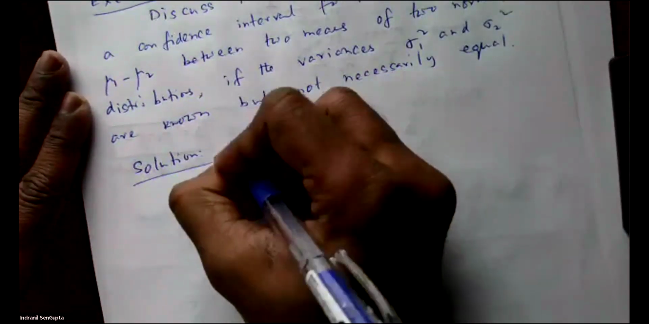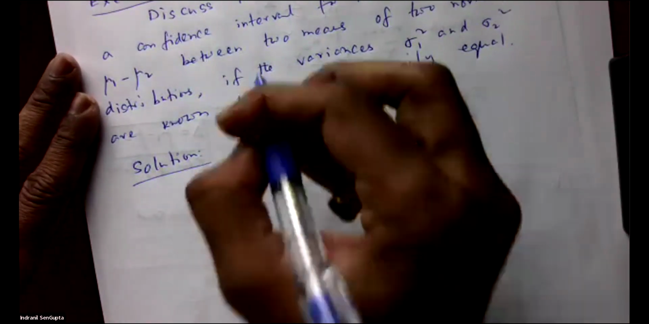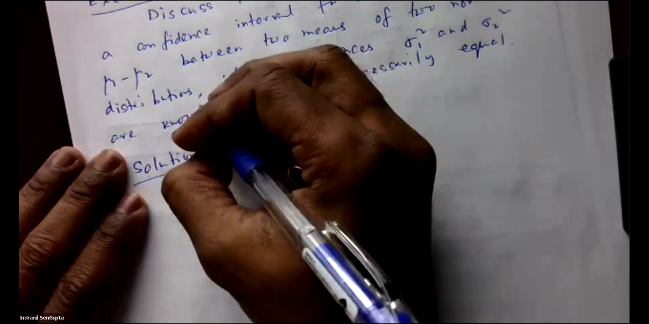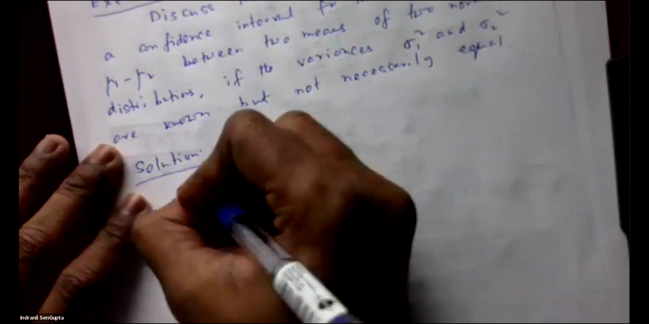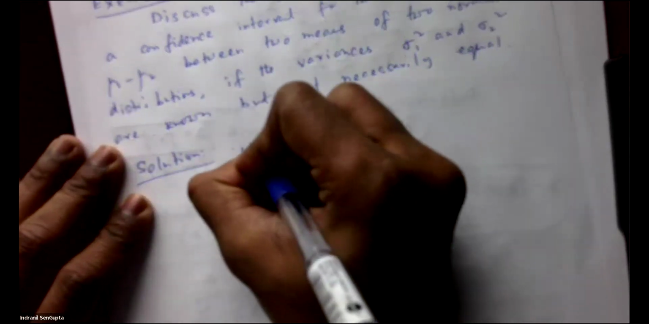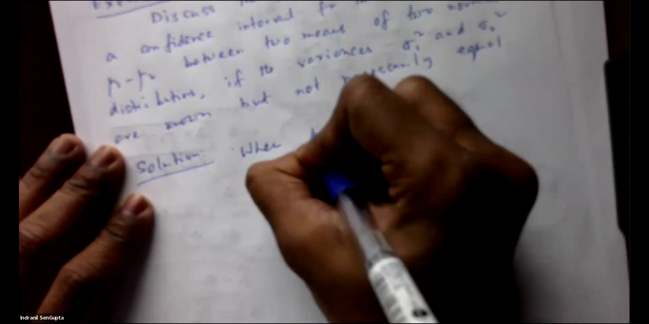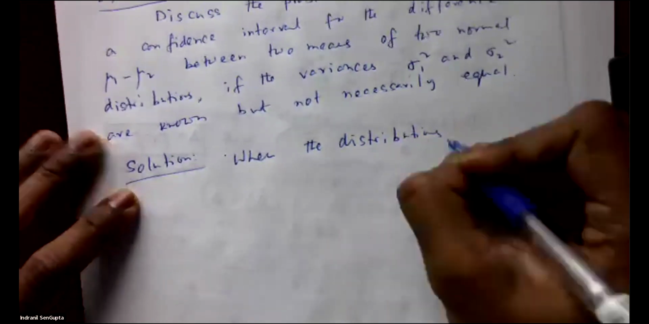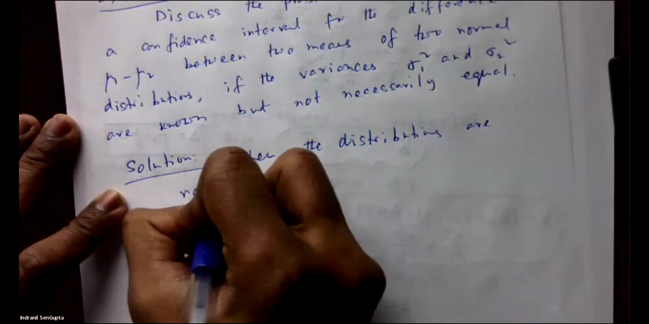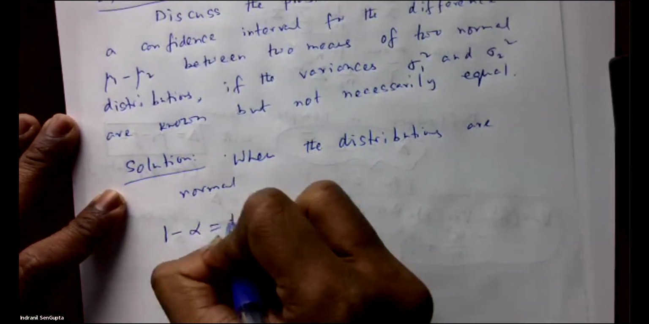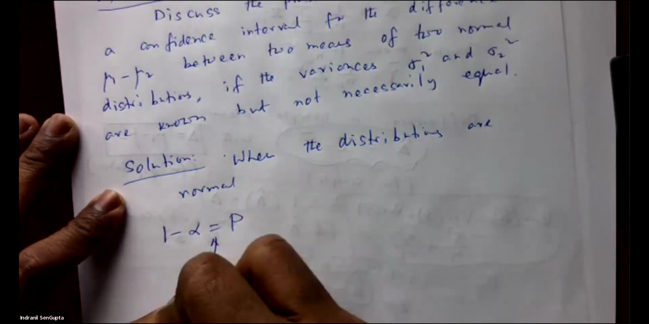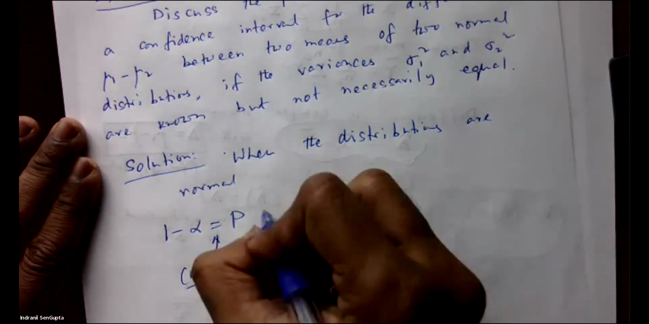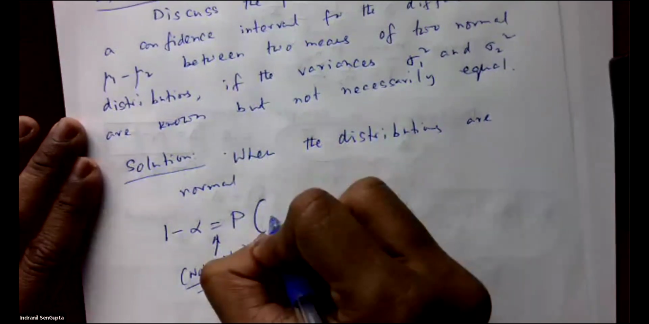So 1 minus... So we're trying to find the confidence interval. So what will happen is, when the distributions are normal, we must have 1 minus alpha is equal to, this is equal, okay? So note this. It's not approximately equal. It's equal to, basically,